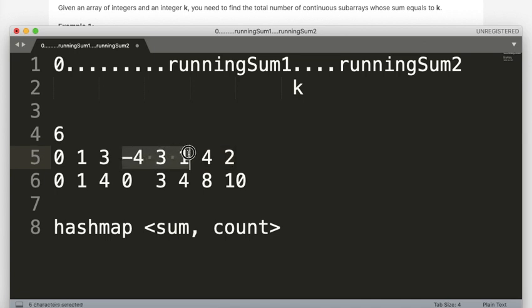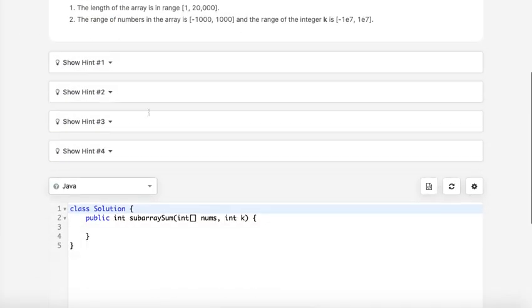So if there is something that makes the sum 0, then I can have this array also, this whole array. So both of them have a sum of 6. And how we can identify is, if I have this running sum minus k present. So this 10 minus 6, it is present here as well as it is present here. So how many times it is present, that we have to see. So that is what sum and count are for here. So let's code this up and see how it looks. I think you get a better understanding.